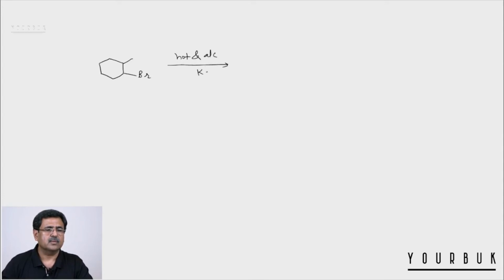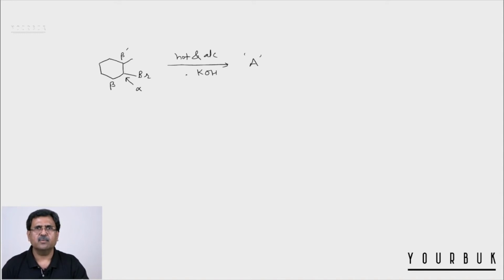Now suppose you are given this example, and we are reacting this compound with hot alcoholic KOH. Now the question is to write the structure of the major alkene of this reaction. To write the structure of the major alkene, first in your rough work you write all possible alkenes. In this case, if you look at the starting compound, this carbon is called alpha carbon, and there are two different beta carbons present, so we label them as beta and beta dash.